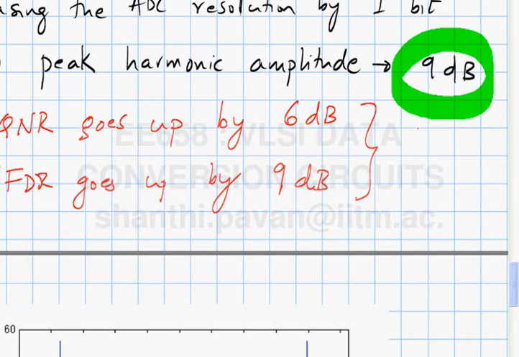And this is theoretical stuff. In practice, because of various other non-idealities in the way you implement the converter, adding this extra bit may not improve things by as much, but this gives you an upper bound on what you might be able to